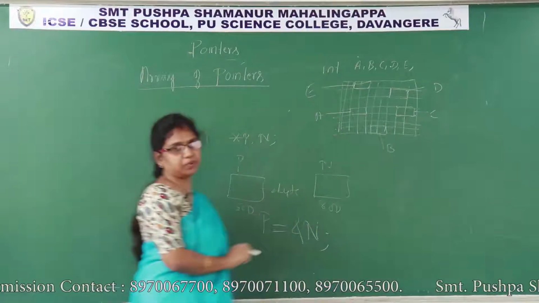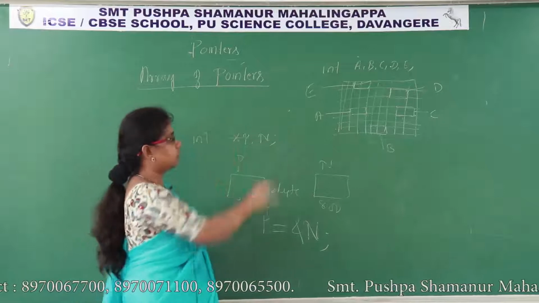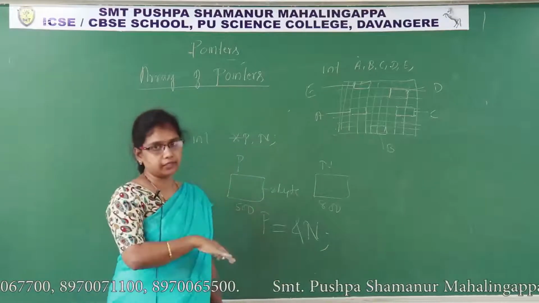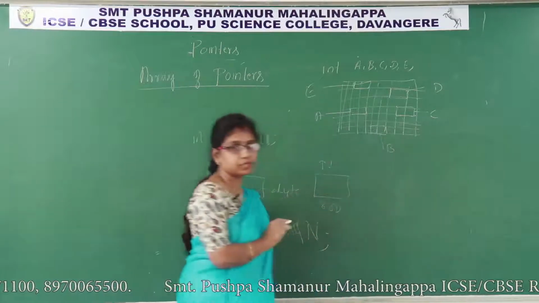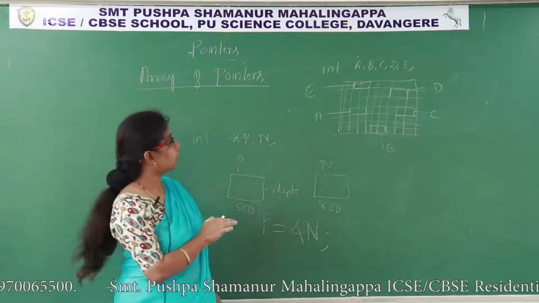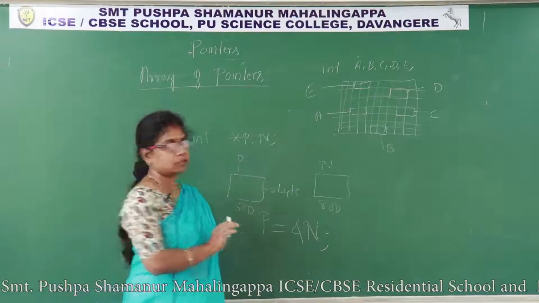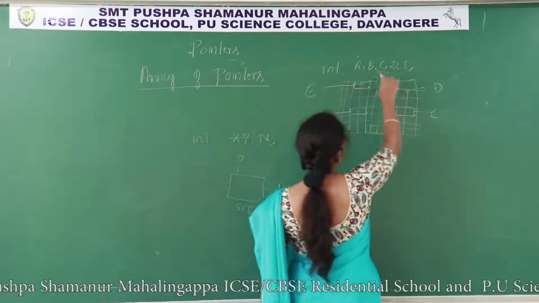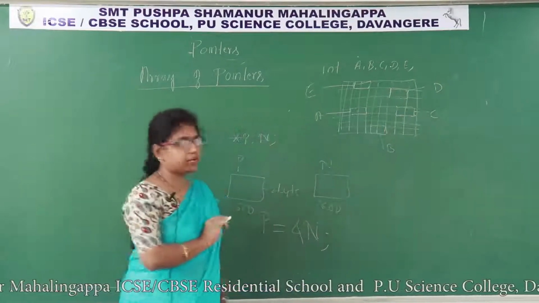Random allocation would take place if I take isolated variables. They are all called isolated variables. There is no continuity. Every memory has its own identifier. I want to store the address of these memory locations into pointers. So I want to store address of A, address of B, address of C, D, E. So I need 5 different pointers.